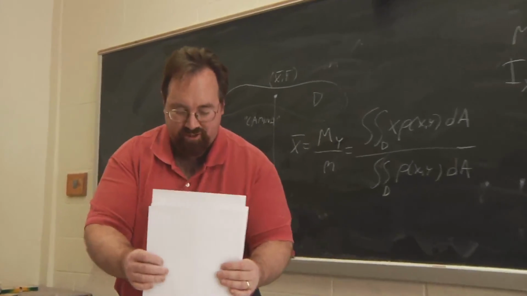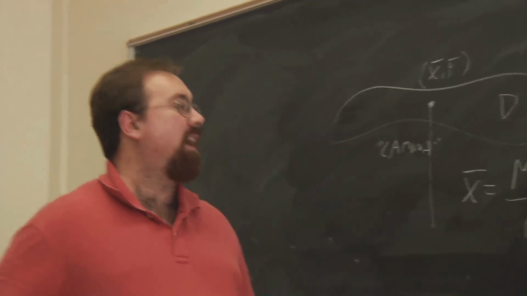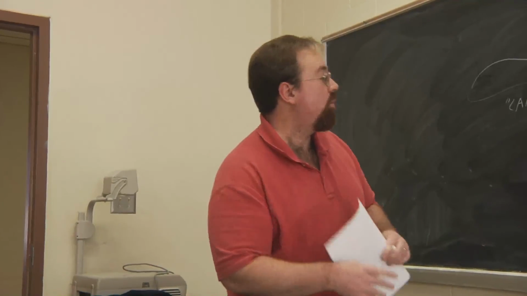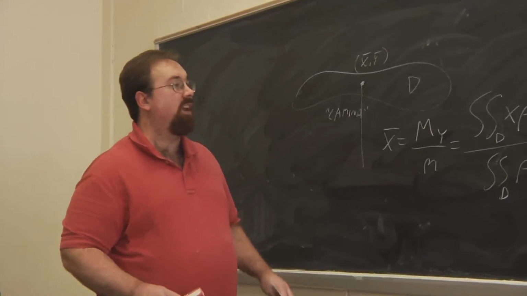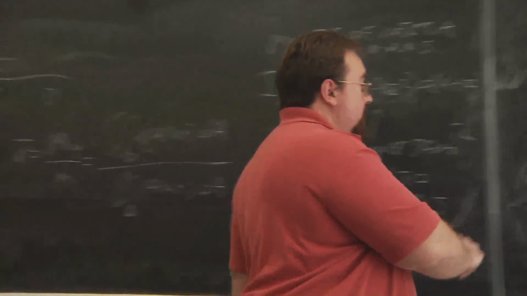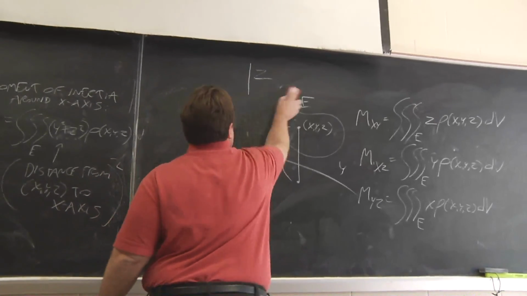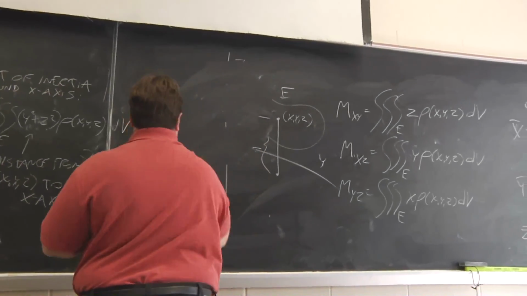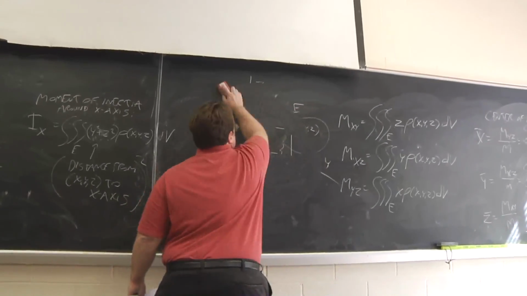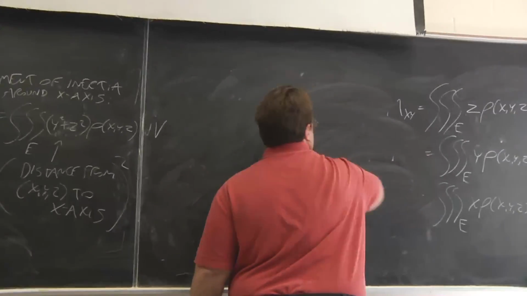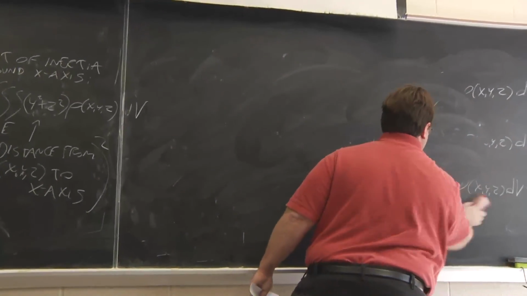Now, given a triple integral such as this, of course, how are we going to evaluate these kind of things? If you have any old region, or really now it's going to be a solid E, how are you going to set up the integral in order to be able to evaluate it? So one example of this would be, for instance, a tetrahedron. Let's suppose we have